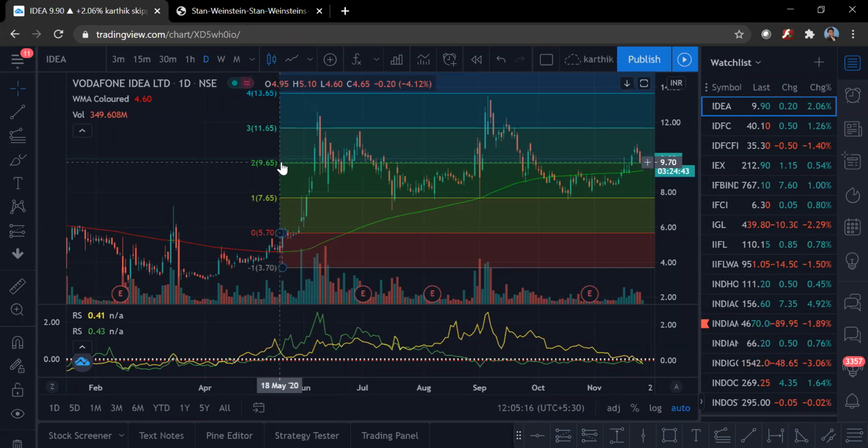It's not target two, it's 1:1. This is 1:2, 1:3, 1:4, and so on. Okay, what I basically do now, these kind of stocks that we are talking about now, they give immediate move. Okay, when they are better than Nifty, when they're performing better than Nifty, and when they're above the 150-day period